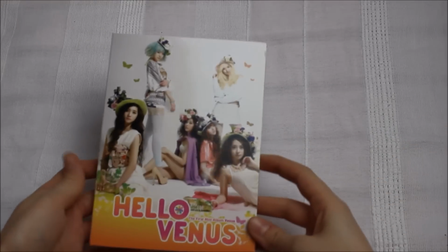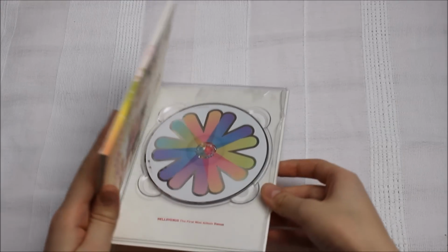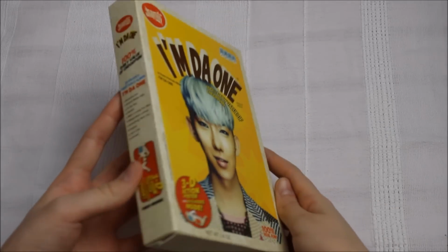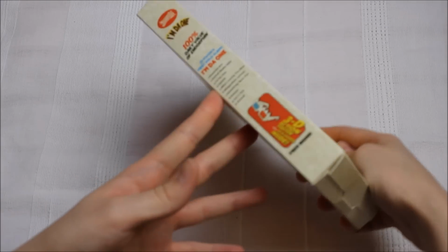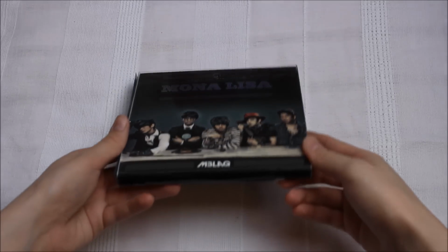and then Hello Venus with Venus, which I actually never bought but got as a present in a Korean store because it looks like this. It's broken. And then I have Jungwon's I'm the One, which is so cute because it's a cereal packaging. And then I have Luna Fly's Fly to Love, M Black's Mona Lisa,